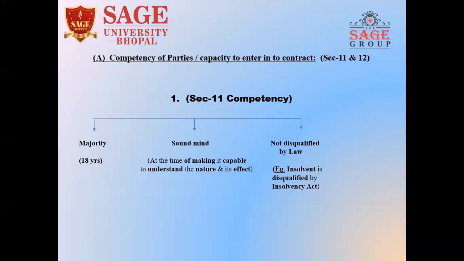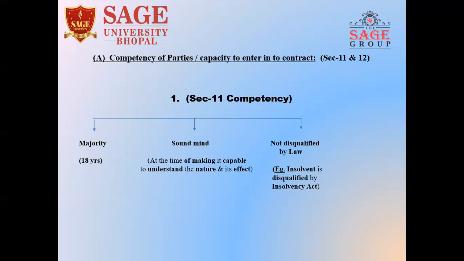Now, competency of parties. That is defined under Section 11 and 12. Competency can be divided into three parts, that is majority, sound mind, and not disqualified by law. Majority includes a person must be of 18 years. Sound mind means at the time of making any contract or agreement, a person must be capable to understand the nature and its effect. And not disqualified by law includes